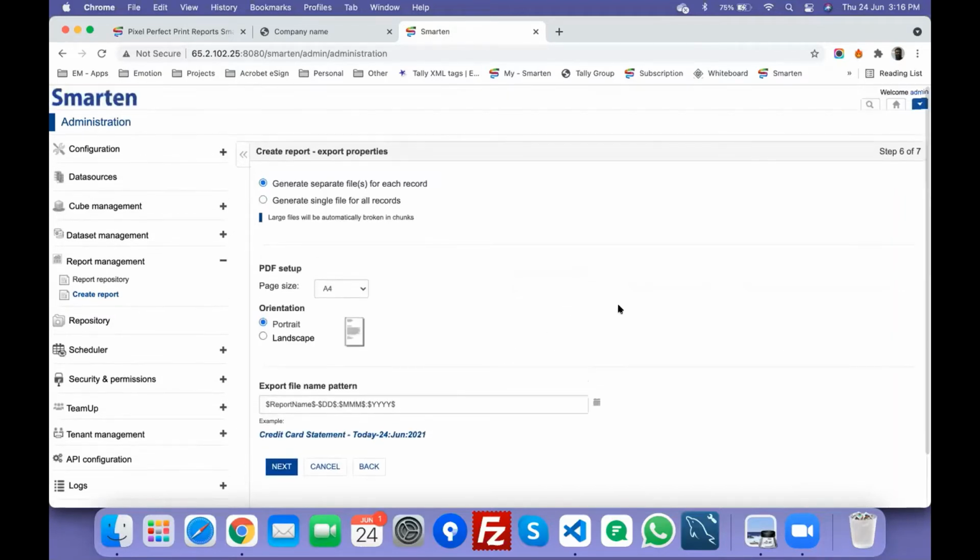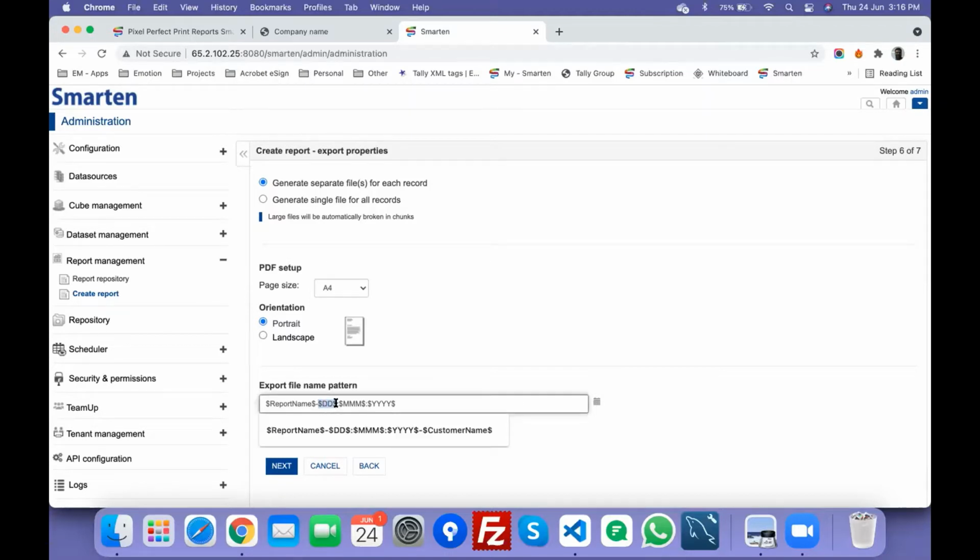Now the important part is how you want to configure the export properties and stuff. As you can see, you can either generate separate files for each record. Say, for example, if this is a credit card statement, you can have an individual monthly file for each customer, or there are certain, say, ledgers, where you may want them in a single file. If a file is too large, the system will automatically break it up into small chunks.